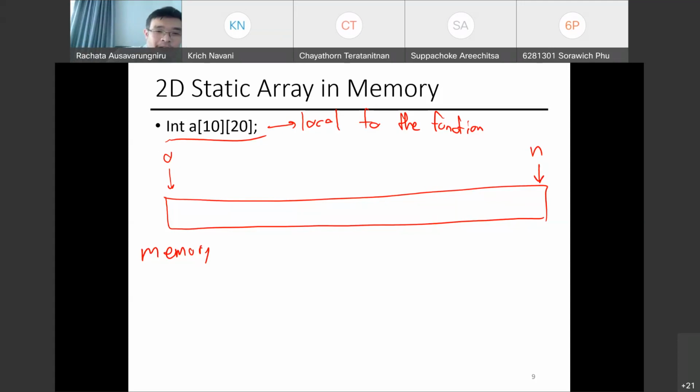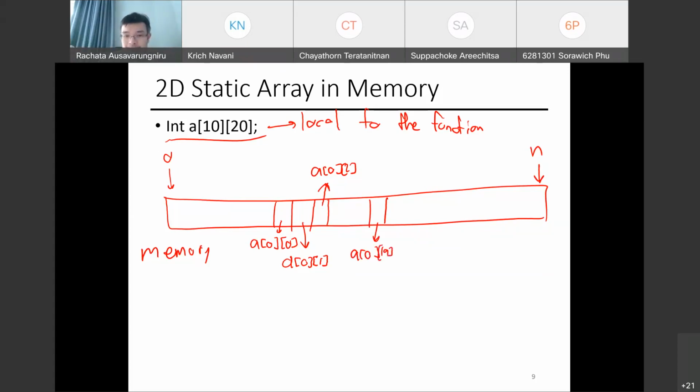So let's say this is where I put a of 0, 0. Where should a of 0, 1 be? Basically next to a of 0, 0, right? And this would be a of 0, 2. And let's say this is a of 0, 19, the last element of that row, right? Then